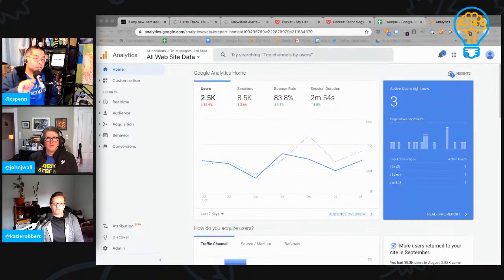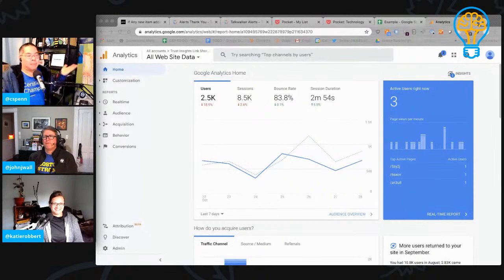Exactly. Now, here's the other thing with UTM parameters, Brett. They only work if you have access to the Google Analytics account, right? So if you send a naked link, if you send a link to, say, marketingovercoffee.com with UTM parameters, and you don't have access to Marketing Over Coffee's Google Analytics, you can't see it, right? You don't know what's happened. Now, I will thank you in advance if you are sending traffic to marketingovercoffee.com, because that's our site. And we can see you, but you can't see you. You can't see what you've done.